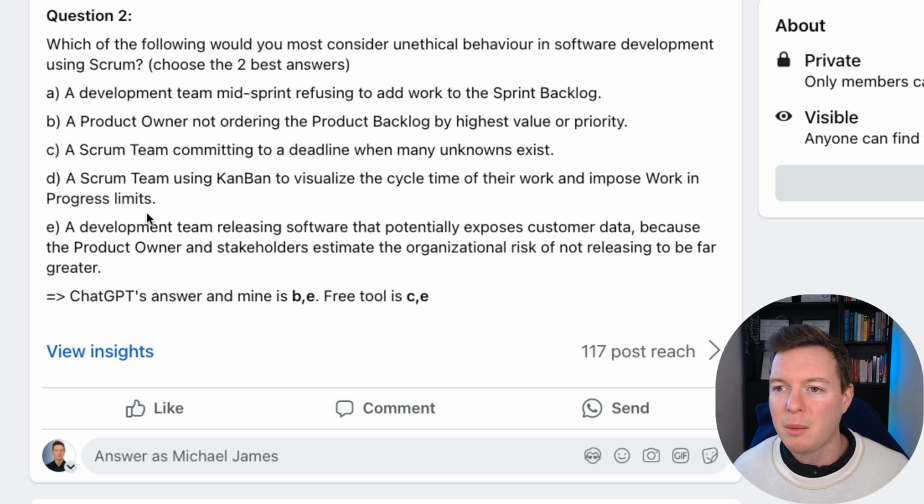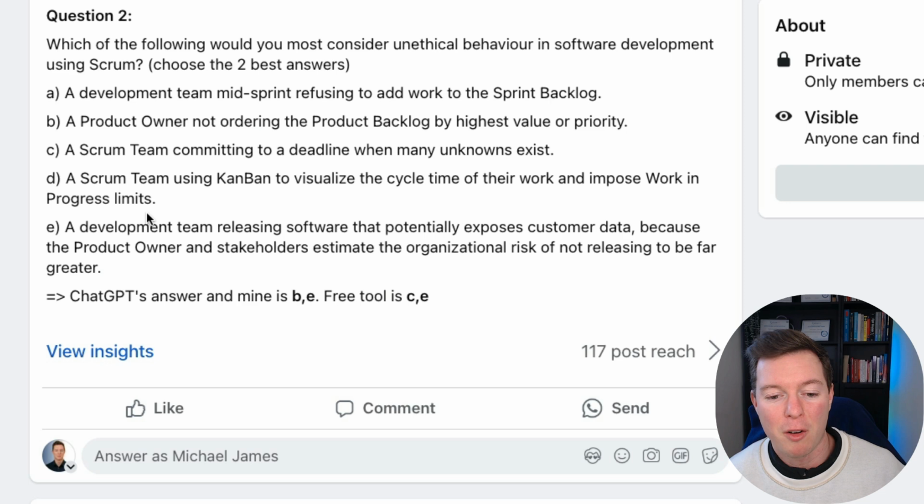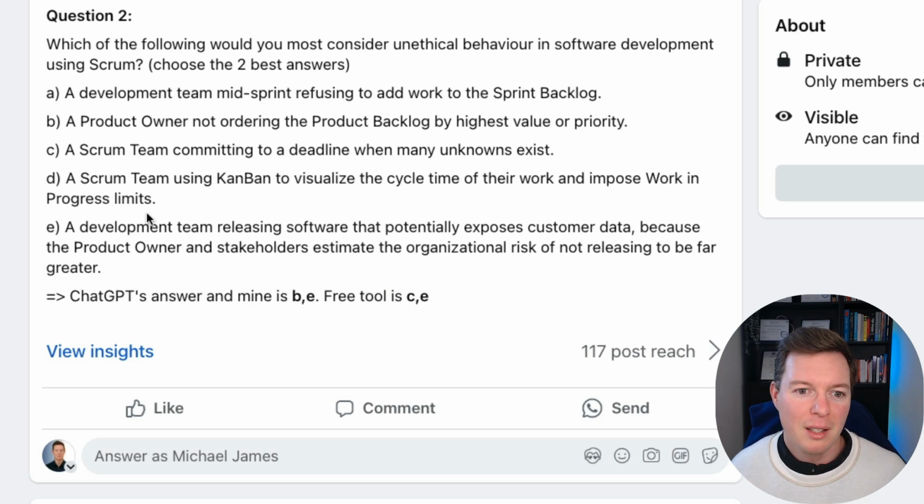Well, I think when it comes to that one, refusing to add work mid-sprint, it's consistent with Scrum's principles of maintaining focus and stability during a sprint. It's not unethical, and it actually aligns with the best practices of Scrum. The thing is, a development team, or we say developers now, development team is the old terminology that's not to be used anymore.